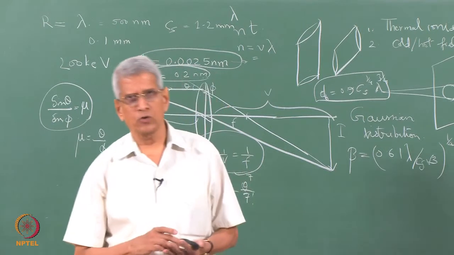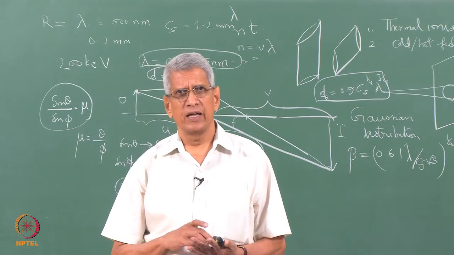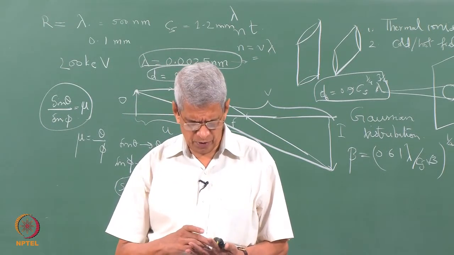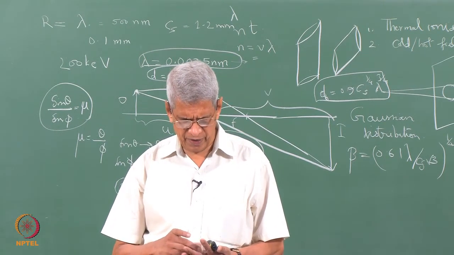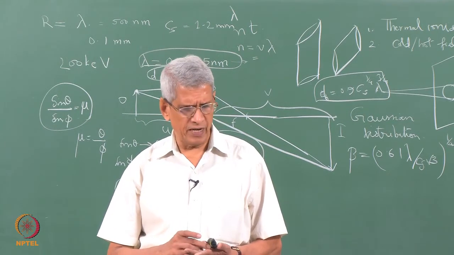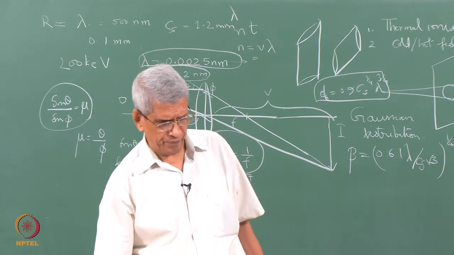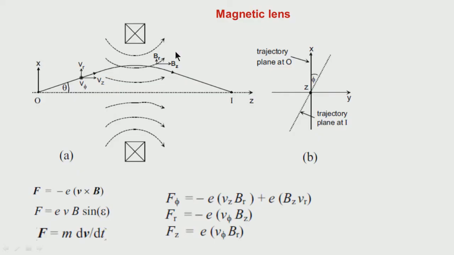In an electron microscope, the magnification is such that, in a conventional optical microscope we use optical lenses, convex or concave lenses, or a combination of these lenses to achieve magnification. In the case of an electromagnetic lens, in a transmission electron microscope, since the electron is the beam, they are affected by either an electric field or a magnetic field.